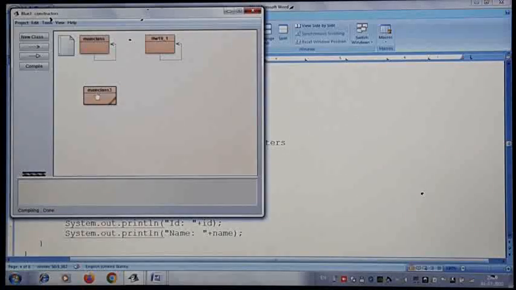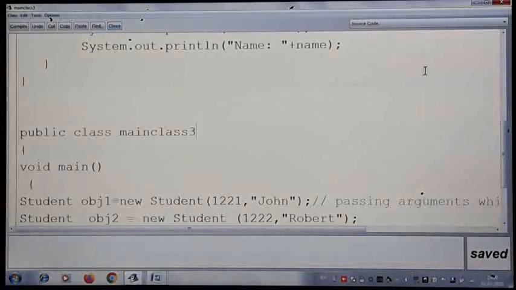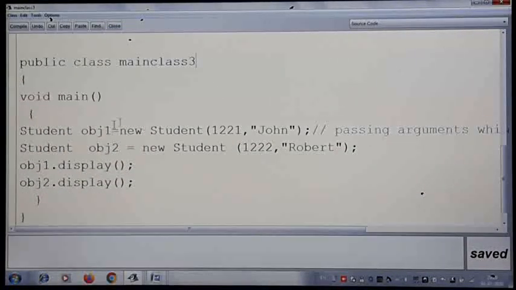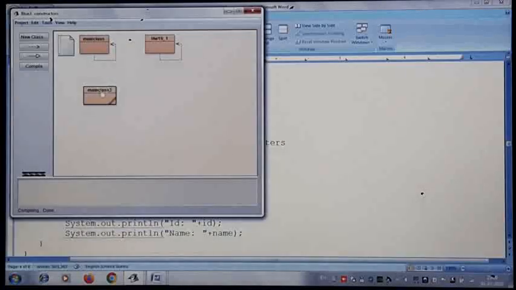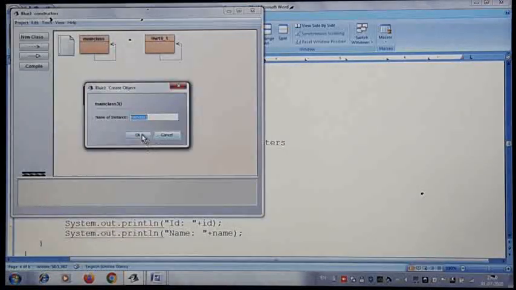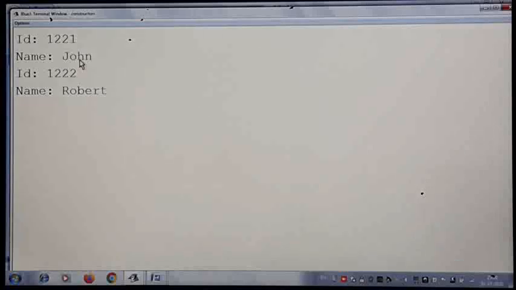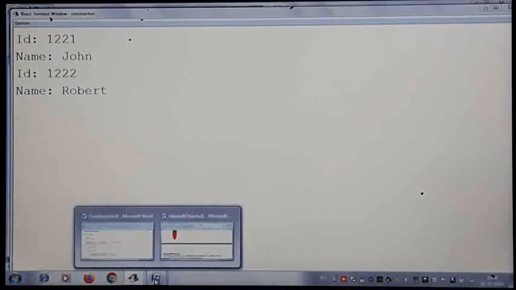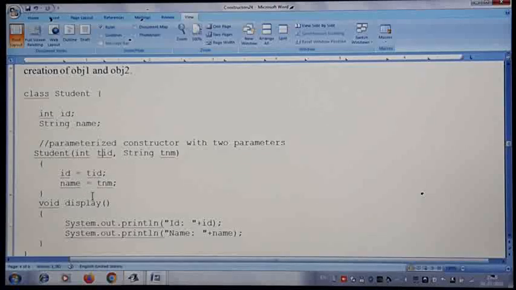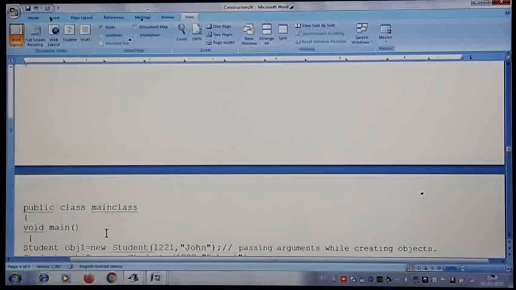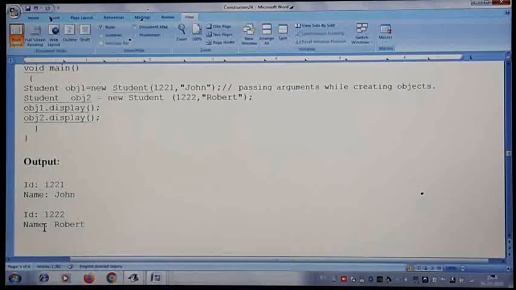You can see the working. This is the same example we did just now, the parameterized constructor. This line is very important here. When I compile, you can see the output for both objects: first object, second object details. What we discussed just now, how it is executing the parameterized constructor, is what I have explained here. This is the output, and we also verified how we are getting these two outputs.